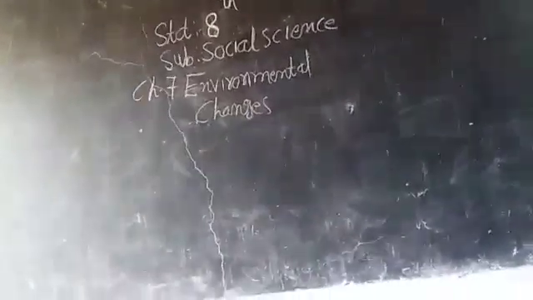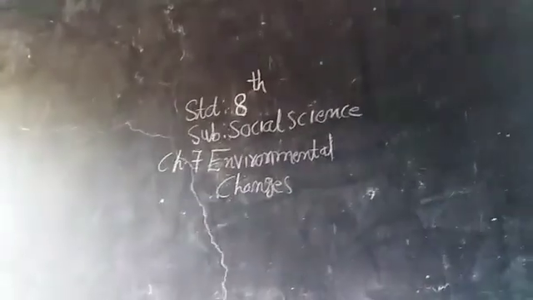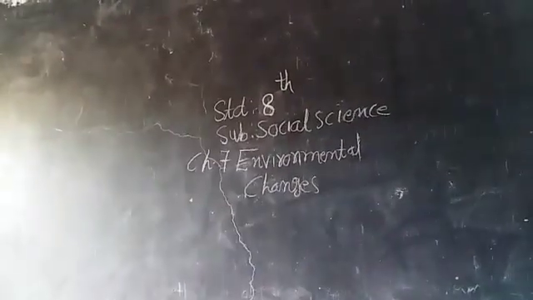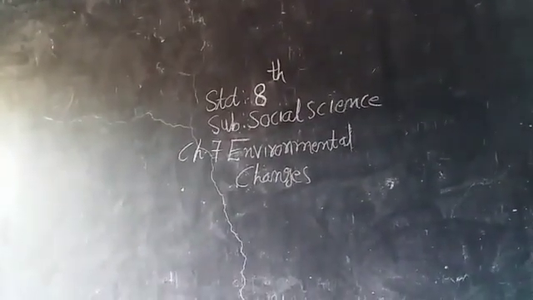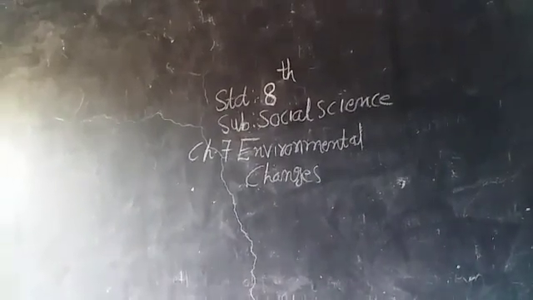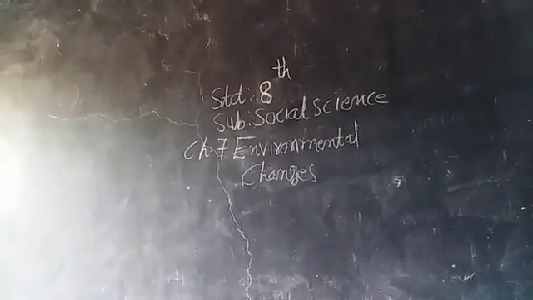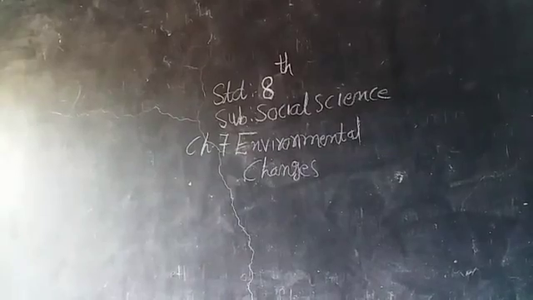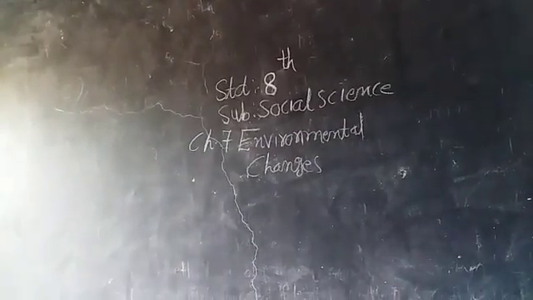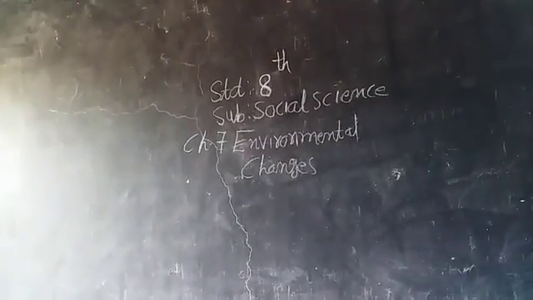What is WMO? WMO means World Meteorological Organization. This is a global climate institution which records the changes in atmosphere. It is situated in Switzerland. It was established in 1971.